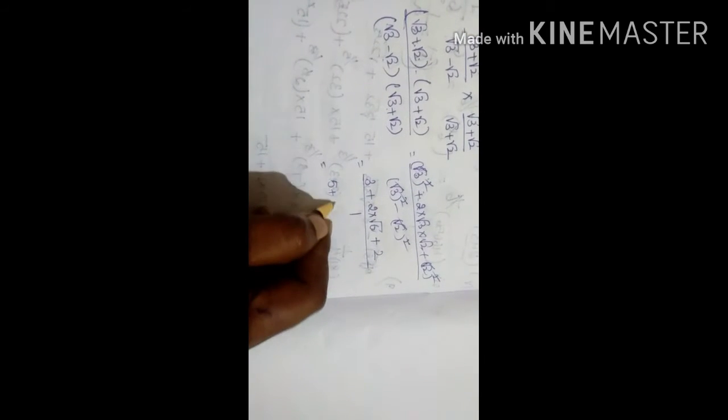Next, here also the square root cancels, 3 minus 2 is 1. Okay, clear? Next, 5 plus how much will you get? 5 plus 2 root 6. Okay, this is your answer. Now he is asking in the question, that is a plus b under root of 6. Yes or no? By the question.